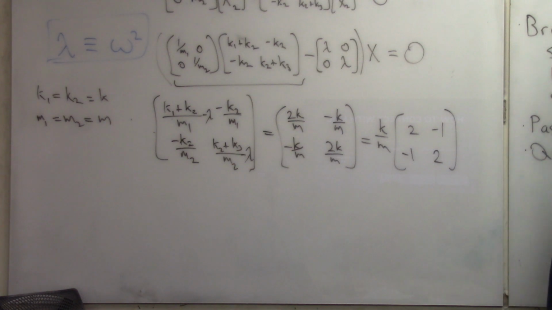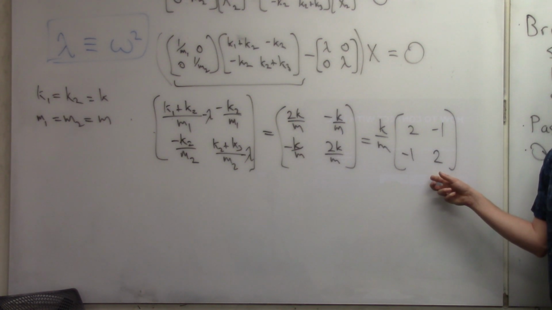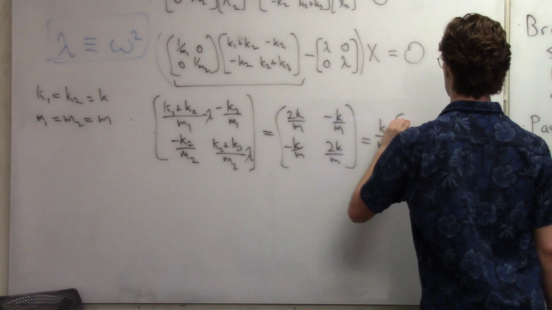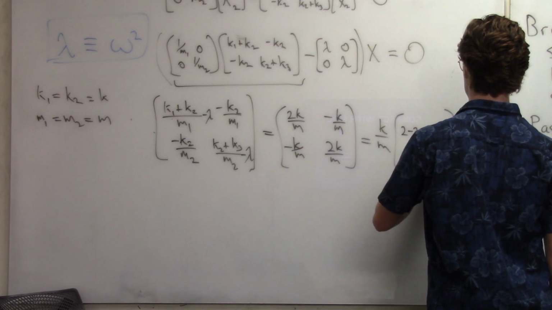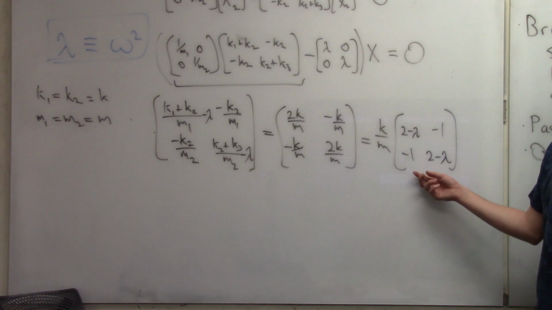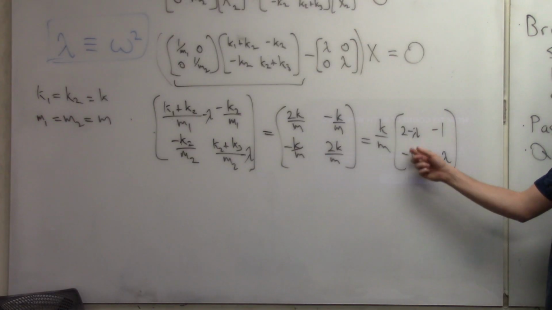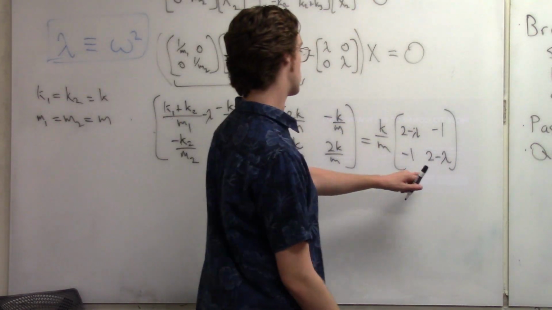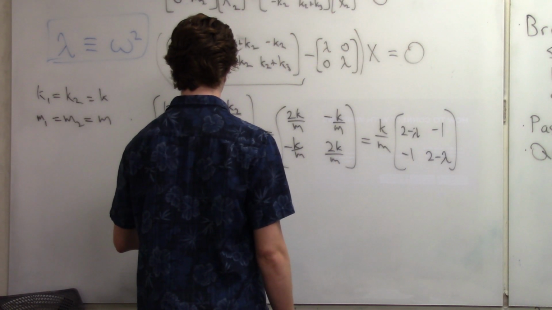Okay. So now we're going to take the determinant of this matrix, so it's a little bit easier. So actually this is going to be 2 minus lambda, and then 2 minus lambda. So when we take the determinant, remember that's going to be the product of the diagonal elements subtracted by the product of the off-diagonal elements. So the determinant of this matrix is going to be 2 minus lambda